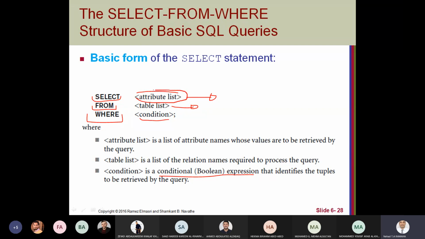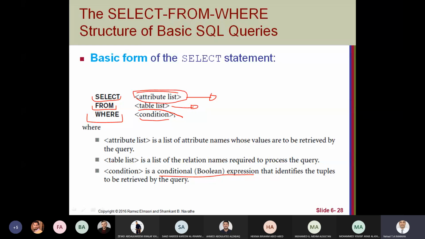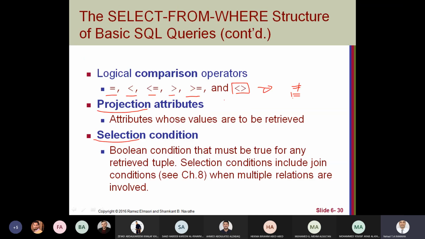The attributes list here is equivalent to projection from relational algebra, and the where condition is equivalent to selection. The list of attributes is what we want to derive, and this one is a Boolean condition on these attributes.